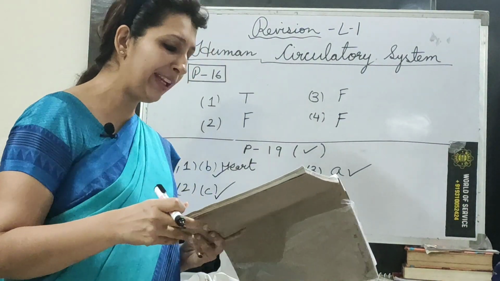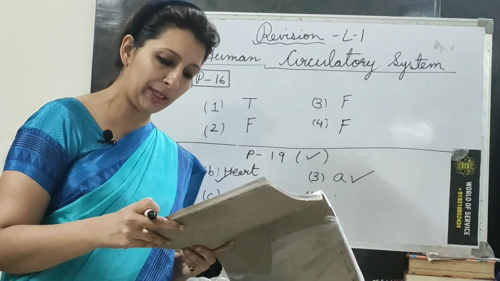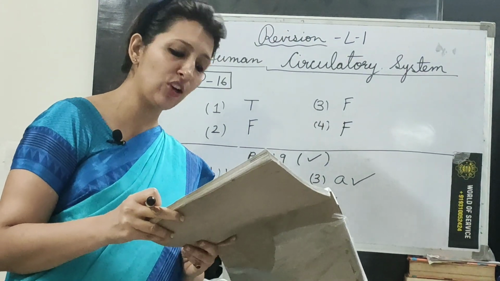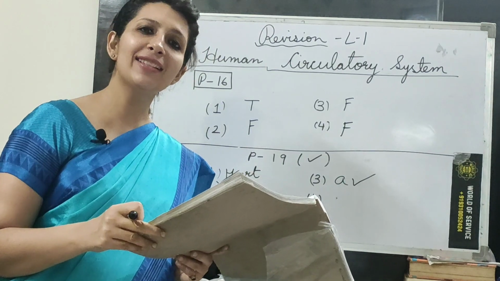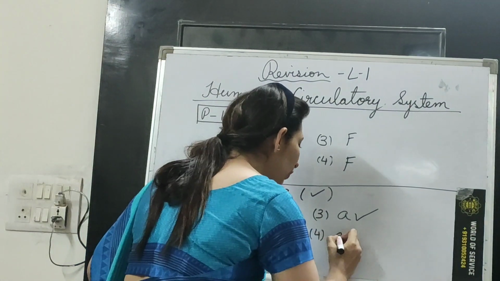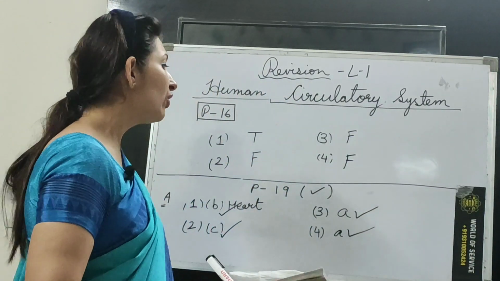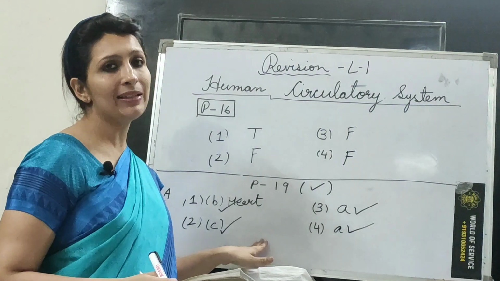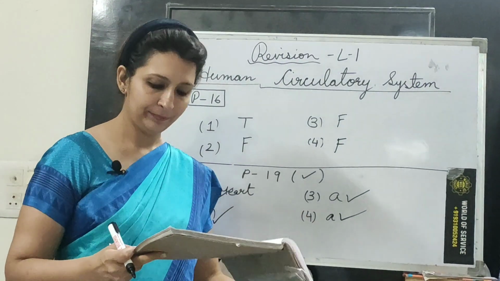Now fourth one, we can feel the pressure of movement of blood through artery, vein, capillary or skin. Correct answer is yes, it is artery. Absolutely right. So here you need to again take the A part. Children, already you have done. Please check your answer. In case there is any mistake, please do the correction. Okay?